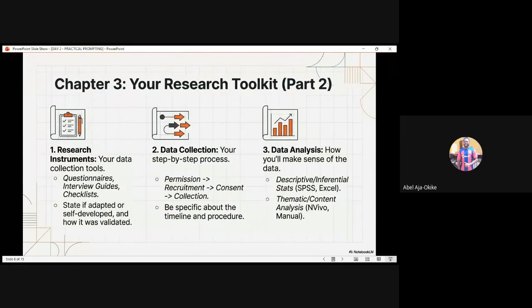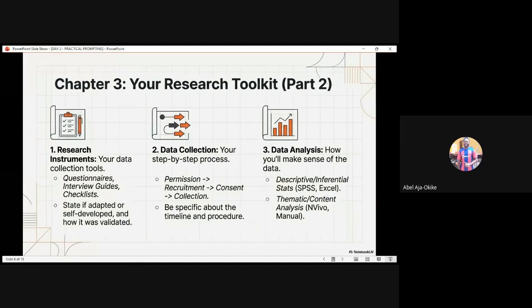Why I'm saying this is because we are going to get to a point where we prompt AI and it is going to give us some advanced stuff that is not available in Nigeria. Yes, so that's why context and location matters in your prompting. So if you understand what is available in your own school, then when you see what AI gives you, you'll be able to filter out that which doesn't make sense. Are we together? Okay. So the next thing is data collection.